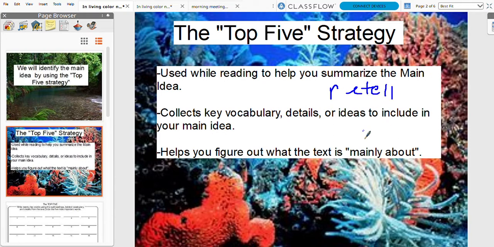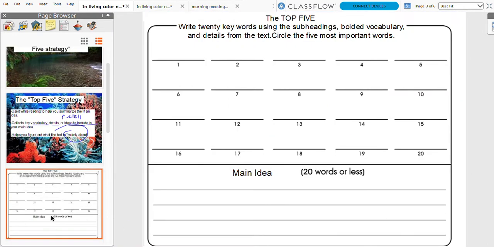It collects key vocabulary, details, and ideas to put into your main idea summary, and it really helps you determine what this text is mostly about. So let's practice. In the past, I would give you this paper, this organizer. I don't have it available for you on It's Learning, but that doesn't mean you can't do the Top 5